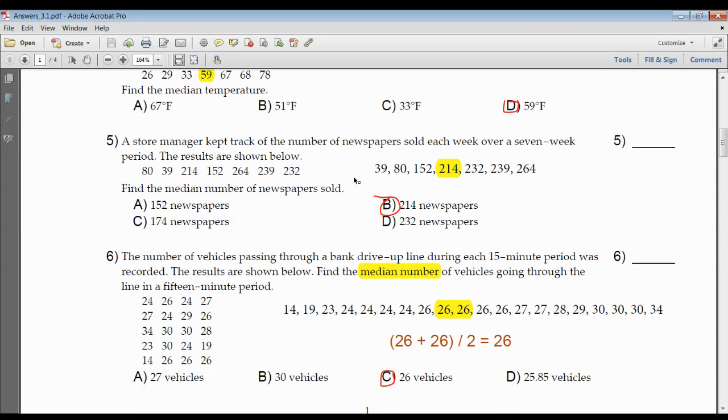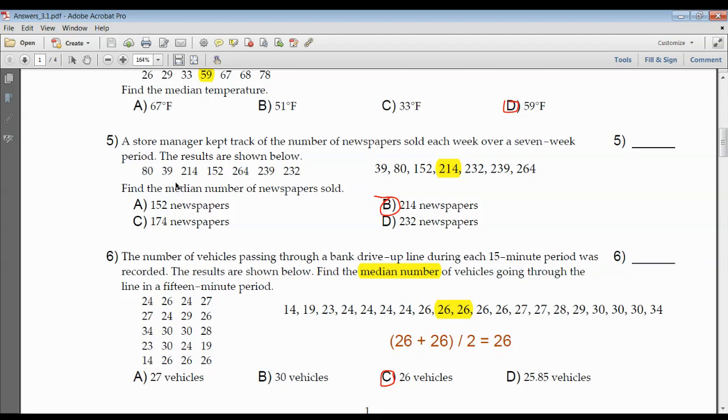Store manager kept track of newspapers sold, but notice the original list is not in order. I took them and I arranged the 7 numbers in order. Oh, there it is. There's the middle number, 214. 3 smaller and 3 larger. All right. Here again, I could have put those numbers into my calculator, into a list. The calculator would have given me the median, but